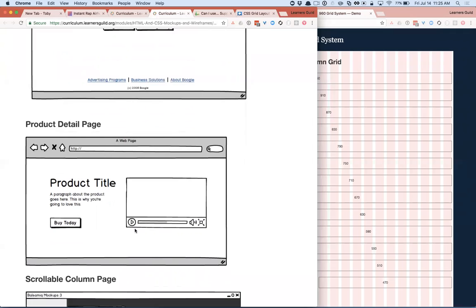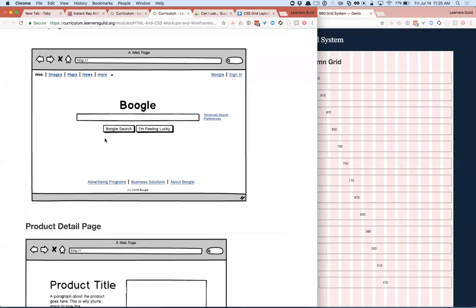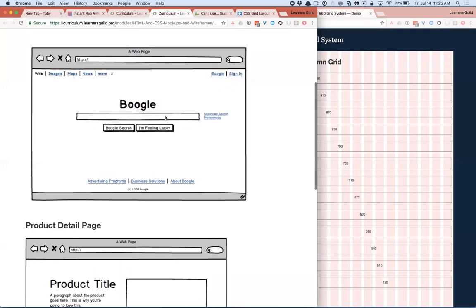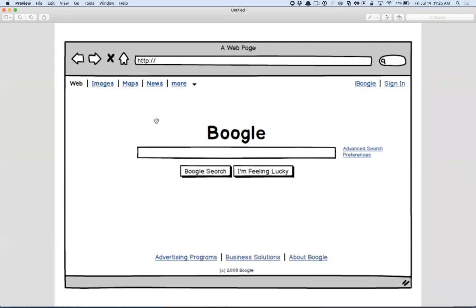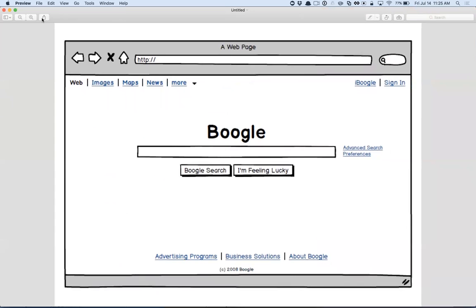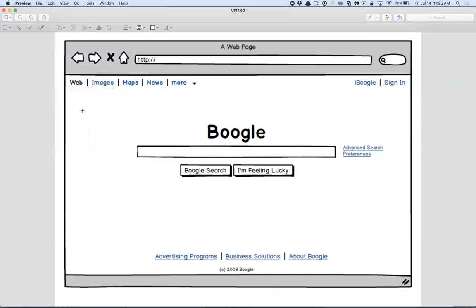Like the meta, the process of, I can talk about what I would do to start breaking this down, right? If that would be helpful. Let's go into preview here, and I'll start marking up this file. So if it were me, I would assume this part is just the browser chrome, right?